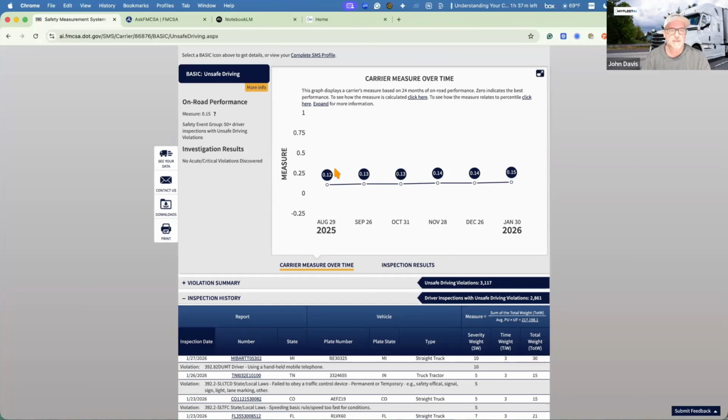A common practice that happens is a driver is in a truck that is governed to a speed limit. Let's say it's governed to 65 miles an hour and they're in an area where they're behind another vehicle, and they're just going to bounce over into that restricted lane and get past the vehicle. Well, they can't do it quickly because their truck is governed. Then they get caught in that restricted lane, get the speeding ticket, get the hours of service ticket, and get